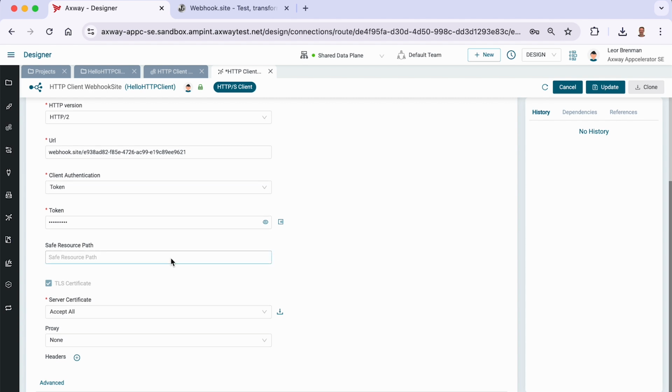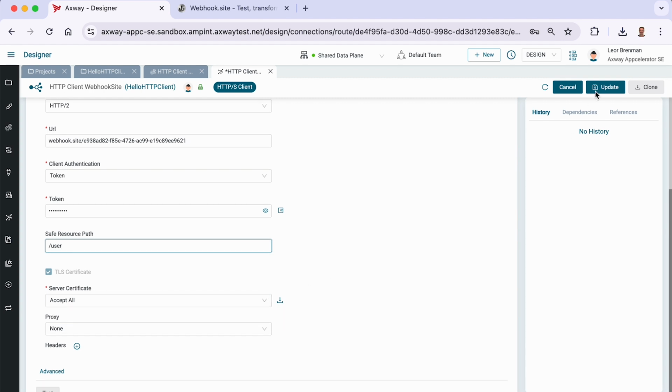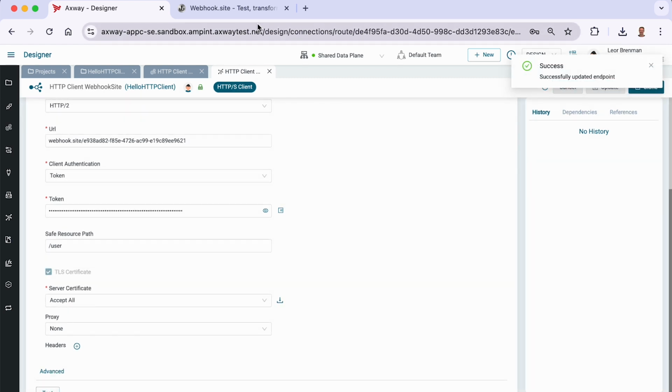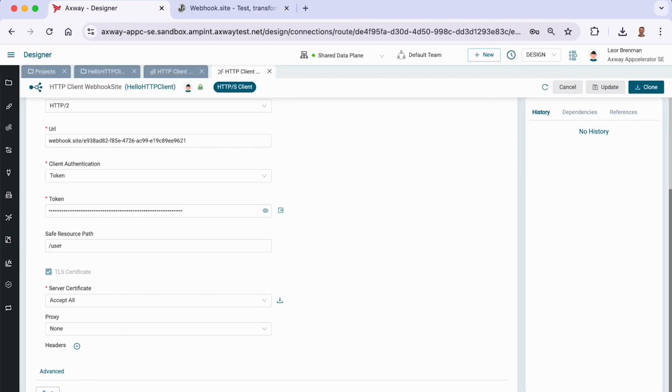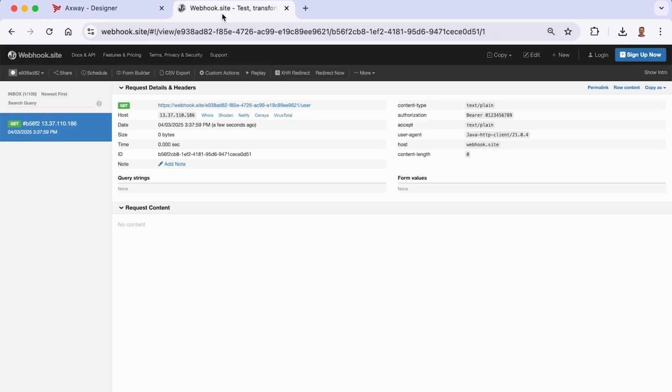And for the save resource path, this would be any path that if I do a get to it would return a 200. So it enables me to test the connector right here. Webhook site will return from anywhere. I'll just put /user. I'll accept all certificates for now, and then I will update my connector. So if you look at webhook site, there's no requests yet, but it's waiting. And if I do a test,